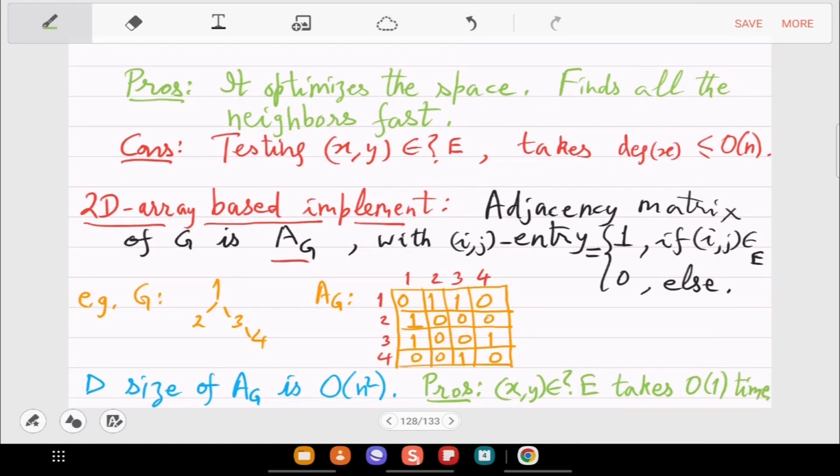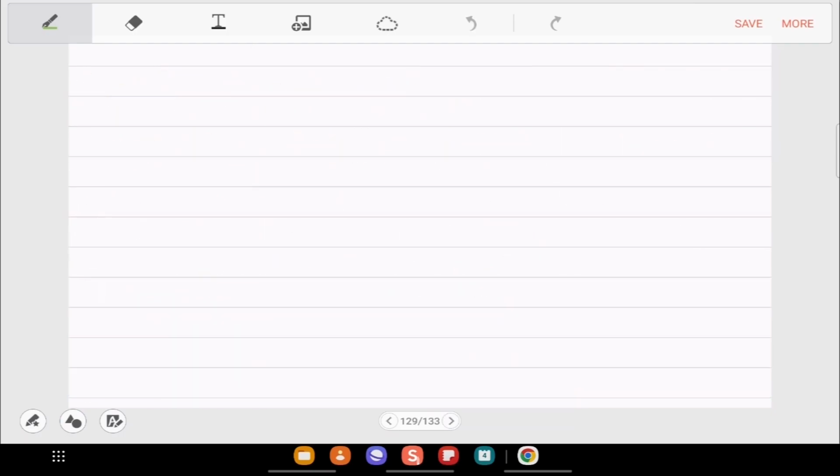Okay, so that negative point, that problem is solved, but it has much bigger problems because I guess you can still hear me. If you cannot hear, then you can shout. So the problem is that when you have a sparse graph, when there are few ones, like there is maybe no one, still you are wasting space filling zeros. So that is the major negative with this data structure.